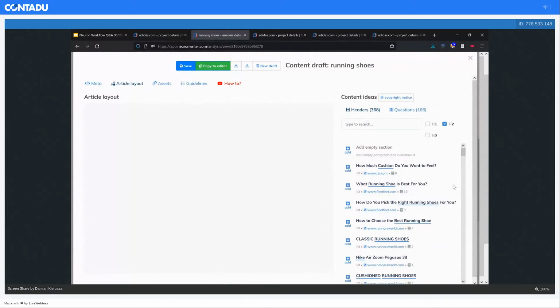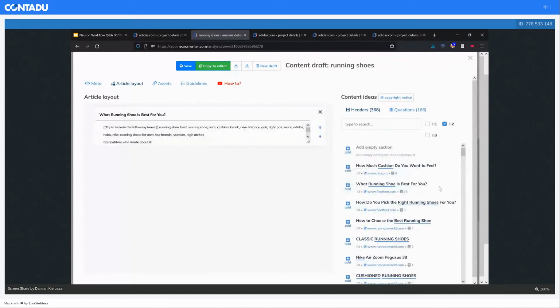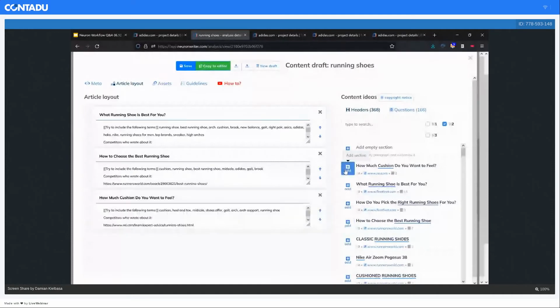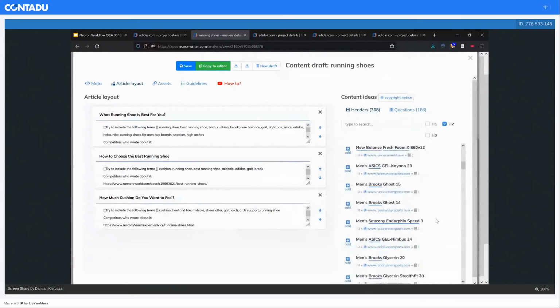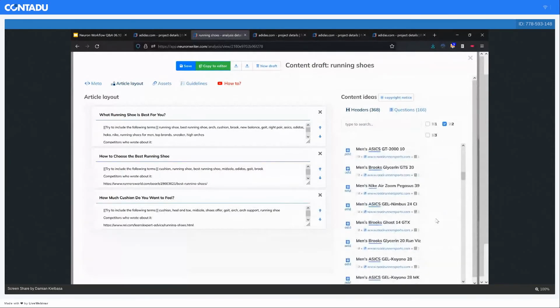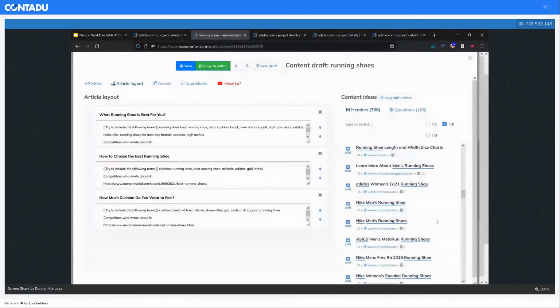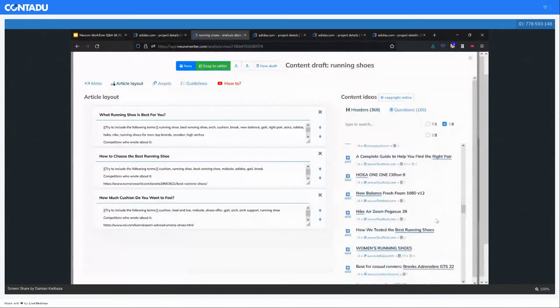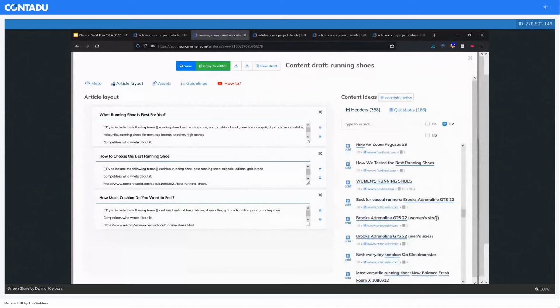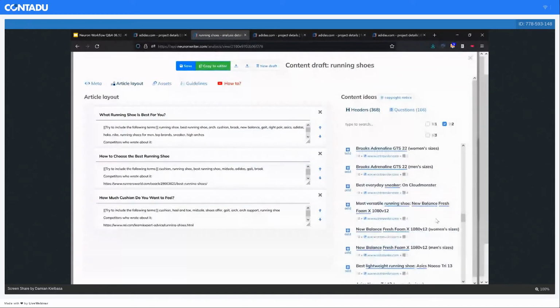So, for instance, what running shoe is best for you? How to choose, how to pick is the same. How much cushion do you want to feel? Maybe something. Yeah, because this is like a category page, as you can see, we have a lot of headers which are based on the product structure. So this is also something that you can, I would say, add to your